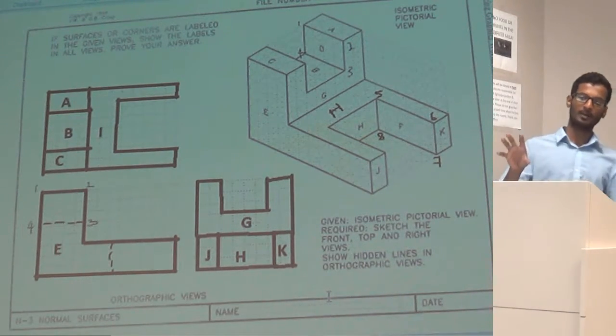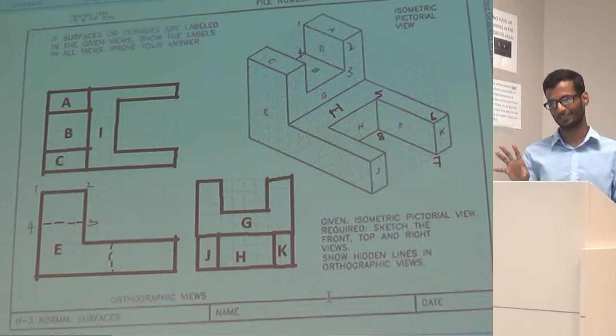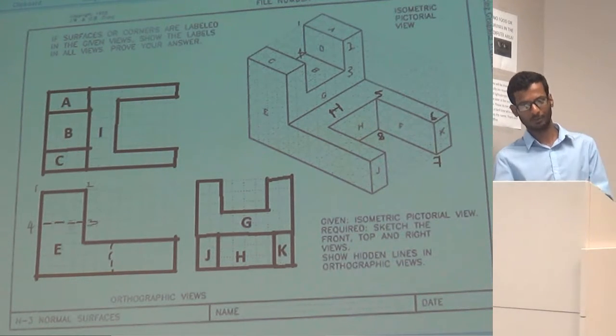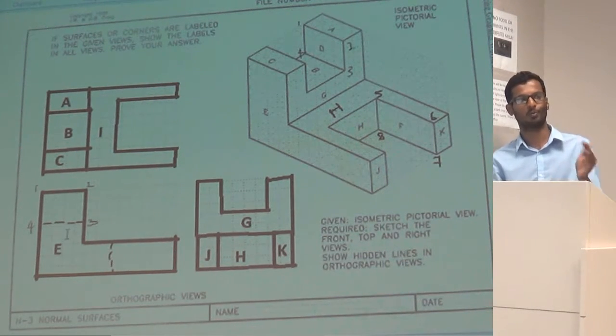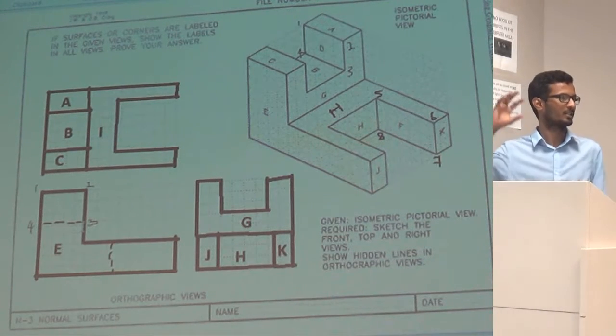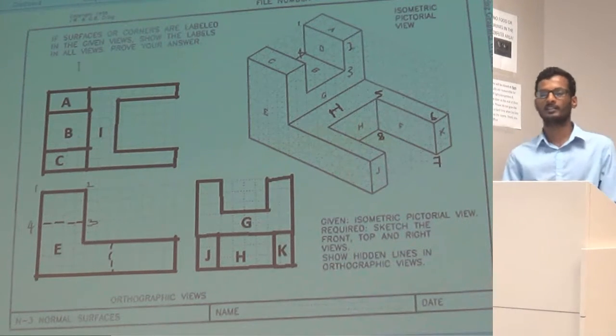So now let's compare all these using our normal surface table to see if they make sense. And how would we need to analyze those hidden features, on what they would be representing in the other views, or what they would pretty much represent as a 3D model? Let's say that